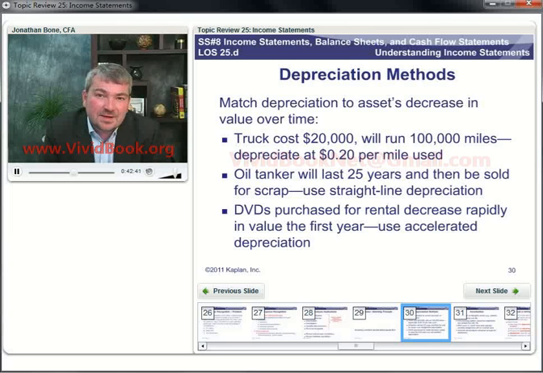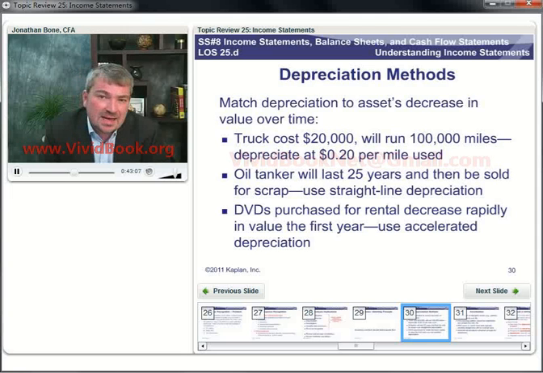the first year. Now, when a DVD is new and it's of a new film, of course, lots of people are going to want to rent it, so it's going to generate very high revenues. As the film gets older, of course, most people have seen it, and as a result, the rental revenues it's going to generate are going to fall. So as a result, we're likely to use an accelerated depreciation method. An accelerated depreciation method will charge more depreciation through the income statement when the asset is young, and less as